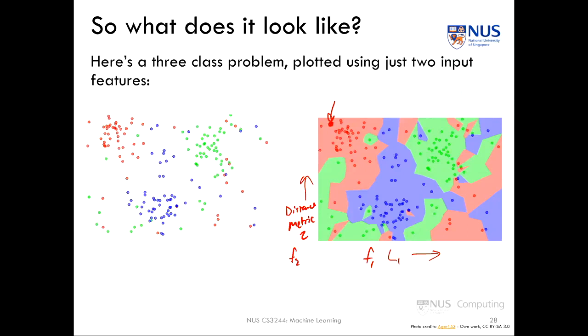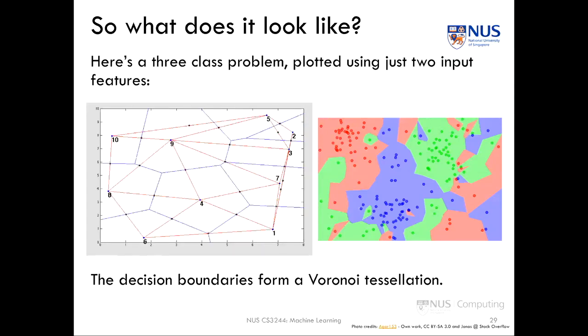And over here, if I have another image that came in that happens to be here, then it's going to be a green image, maybe a chicken. Let's take a look at this a little bit more closely. What we can see here is that the individual points actually define a polygon. This is a Voronoi polygon, basically that each point defines a polygon where the boundaries of the polygon are equidistant